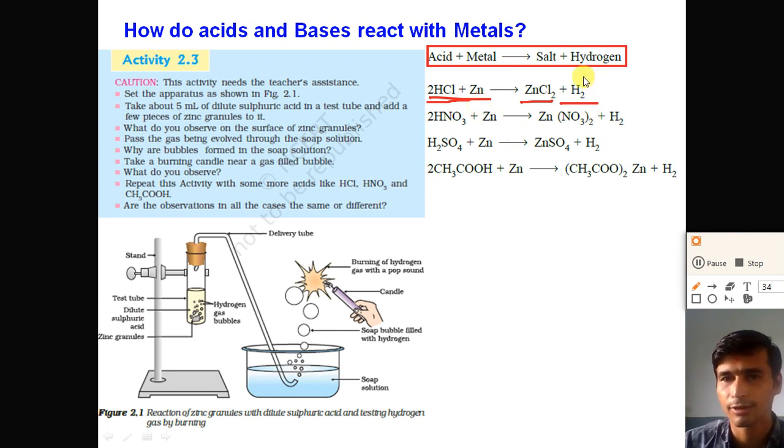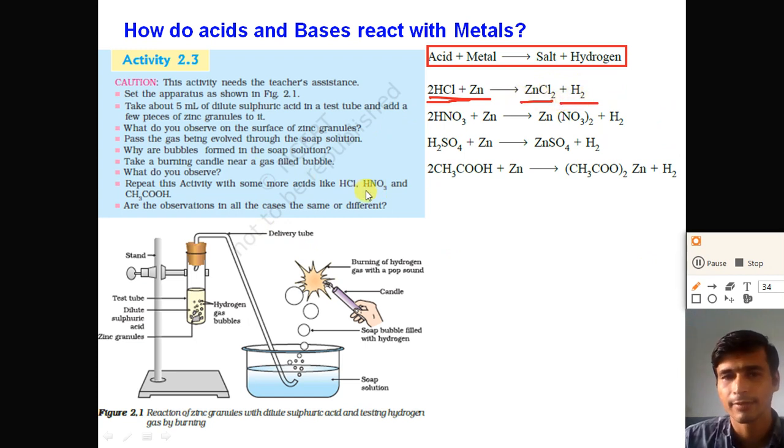Here the hydrogen gas is H2, so we place a 2 here. On both sides, in the reactant and the product, the number of atoms is the same. So 2 HCl plus Zn gives ZnCl2 plus H2. See both sides: hydrogen is 2 here, and also 2 here; zinc is only one atom; and chlorine is 2 on the reactant side, and in the product we also find 2 chlorine. So understand, dear student: first, hydrochloric acid reacts with zinc and produces zinc chloride, ZnCl2, plus H2.